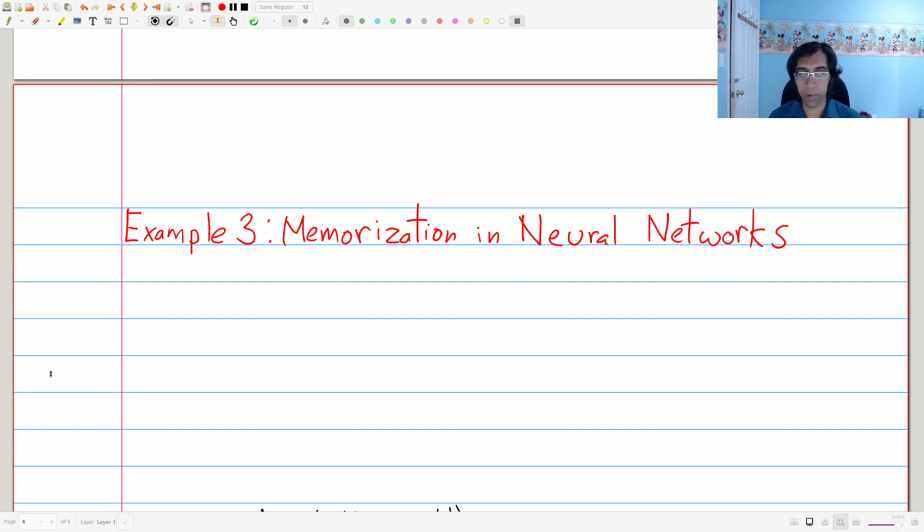As the next example, we'll move on to memorization in neural networks. Up till this point, we've focused solely on releasing anonymized datasets. You might think, what if we were just trying to release some function of a private dataset? Maybe that would be better because we're not releasing as much information. Well, as we'll see, once again this is not the case. Even if you just output some restricted amount of data based on the training data, we can still leak information